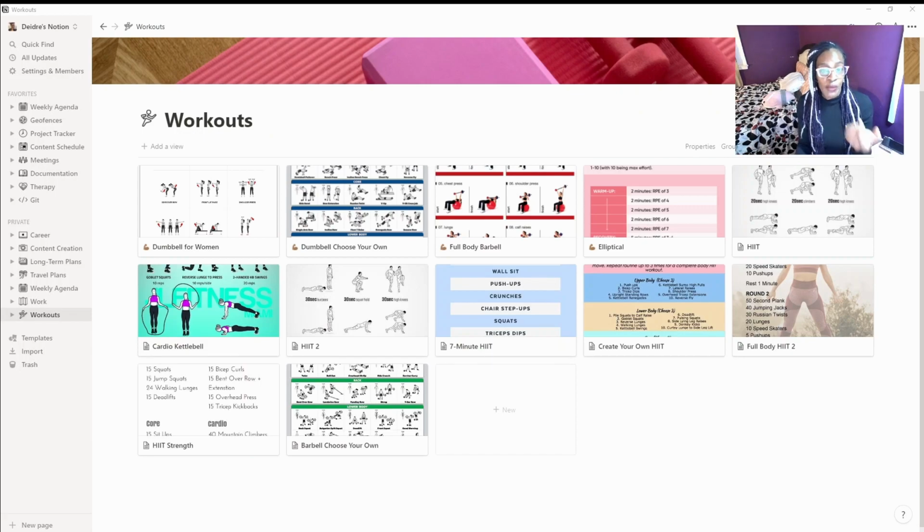If I don't know what I'm going to be doing at the gym, I find that having this is a great substitute. Especially if I'm bringing one of my sisters to the gym and I need to teach them a workout, or we need to do a workout together and I need to guide them